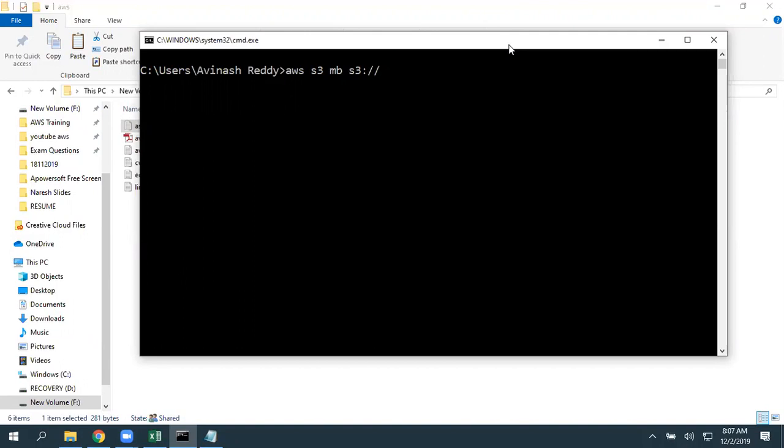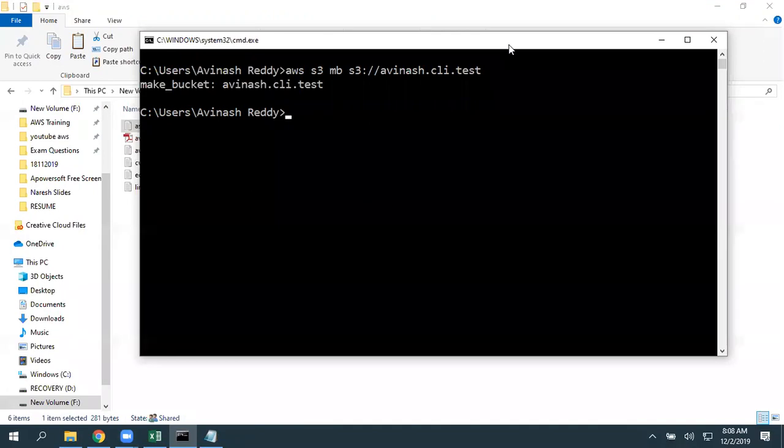So I want to create a bucket, avinash.cli.test. Hope nobody has taken the bucket name. So click on enter. And the make bucket operation is a success, and it got created in our configured default region. We selected our default region as Mumbai while configuring that user. So automatically these options are going to trigger in that particular region.